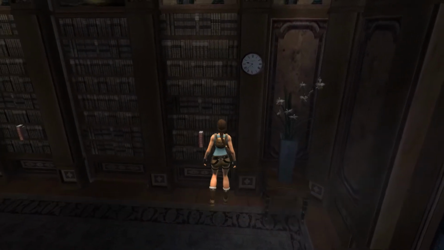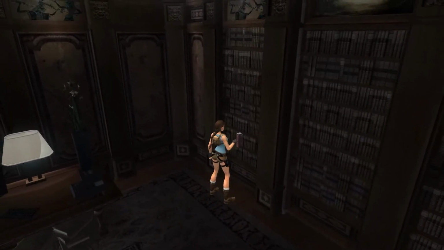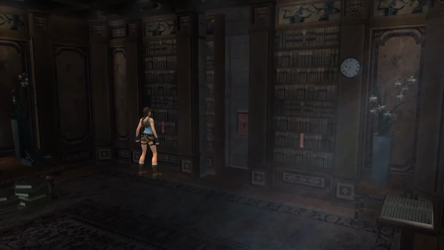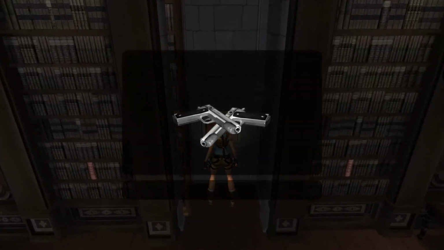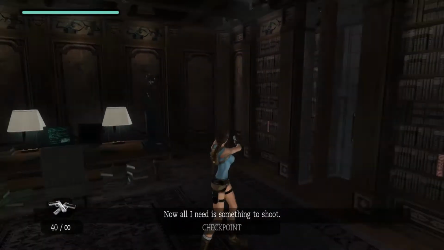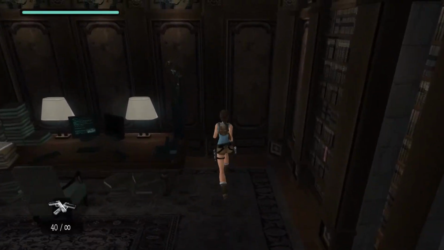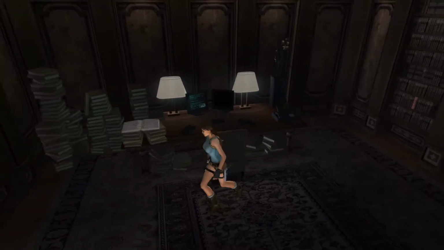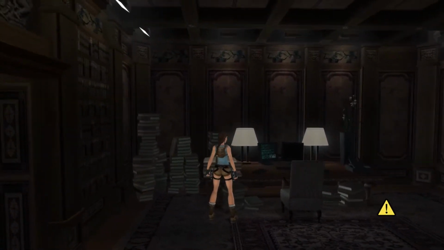Sure, Atlantis. Alright, okay. No real puzzle this time around, but we do get the pistols. I don't expect any combat here, but all I need is something to shoot. Yeah, well, maybe try not to shoot too much inside of your own manor. But, yeah, we can probably shoot some obstacles or some things to...